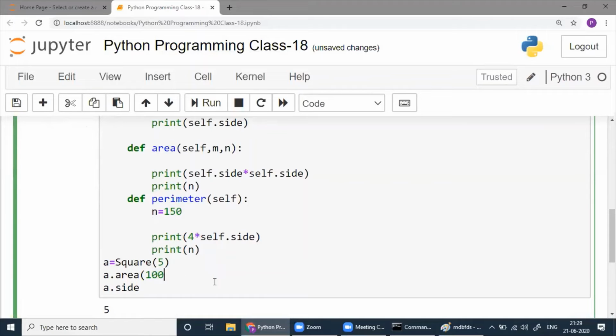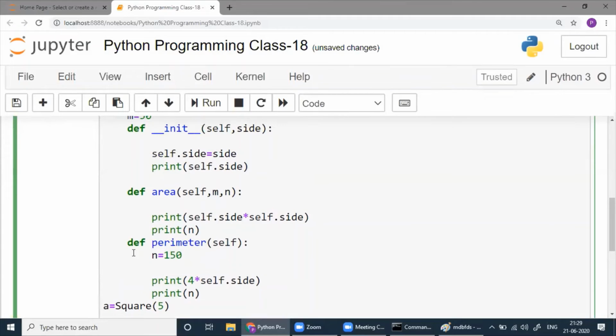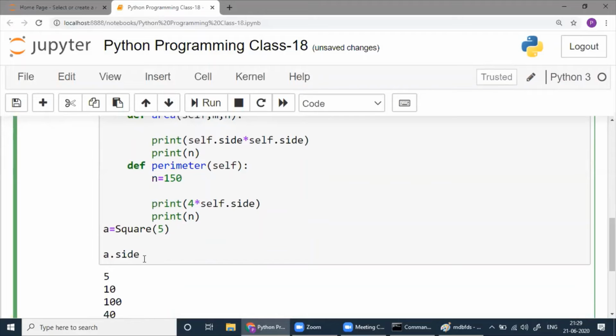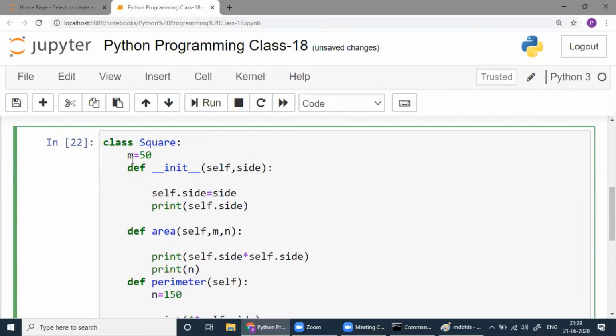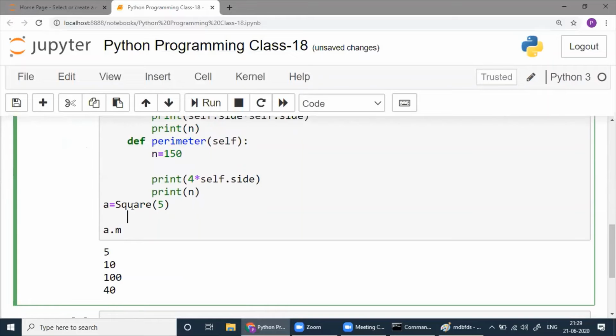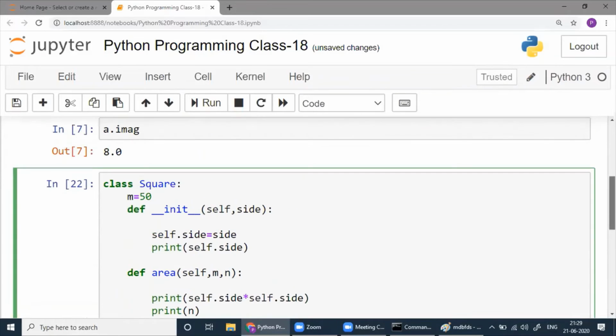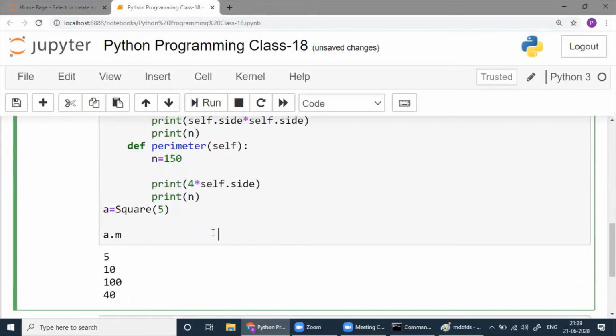Okay. Now, class variable, when you write a dot m, you will get it here as well. Whatever you define here, you write dot and you will get it here. Not only that, you can write this one class also. Object you can use, class you can use. Anyway, now let me go to the next example.